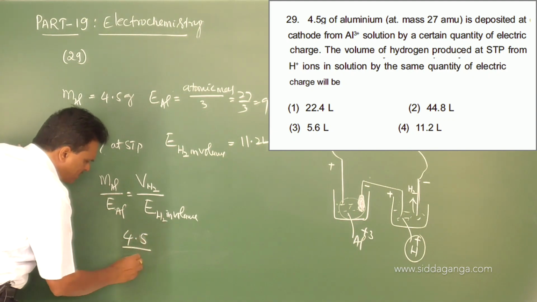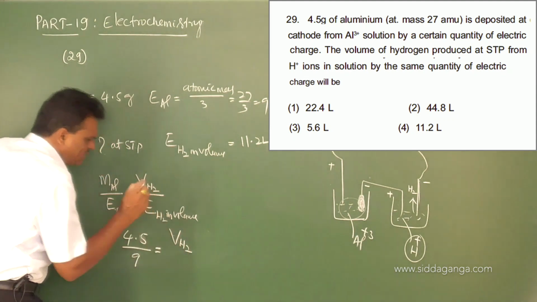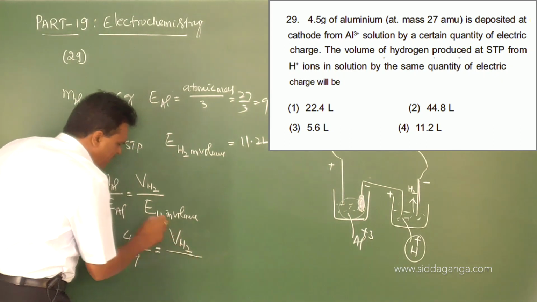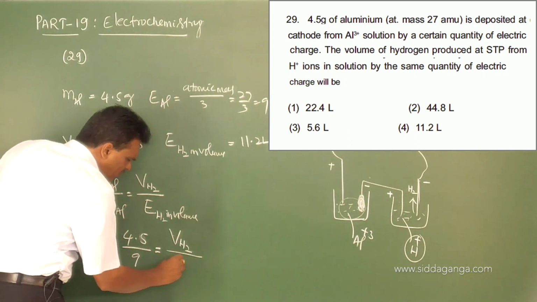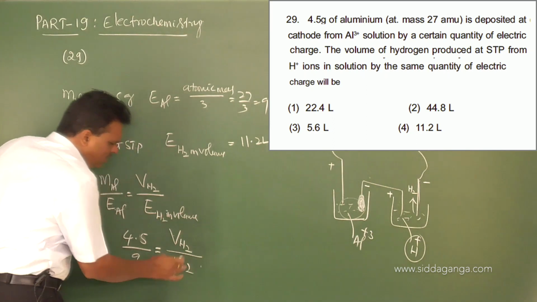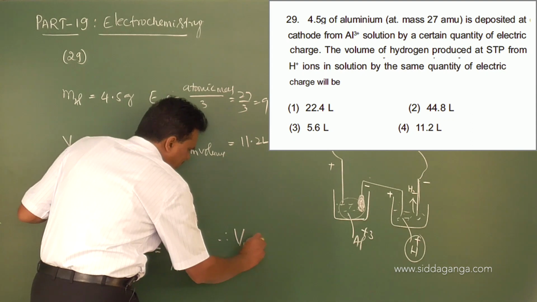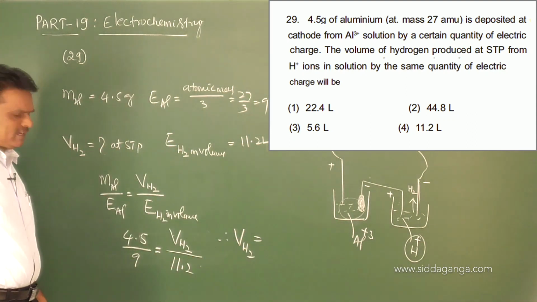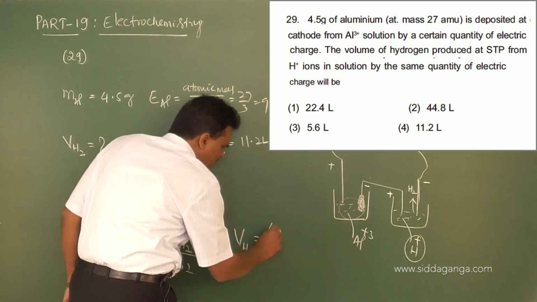4.5 divided by equivalent mass 9 is equal to volume of hydrogen gas liberated. It is to be calculated. So what is the equivalent mass of hydrogen in terms of volume? That is equal to 11.2 liter. So therefore, volume of hydrogen gas liberated at STP is equal to 4.5 into 11.2